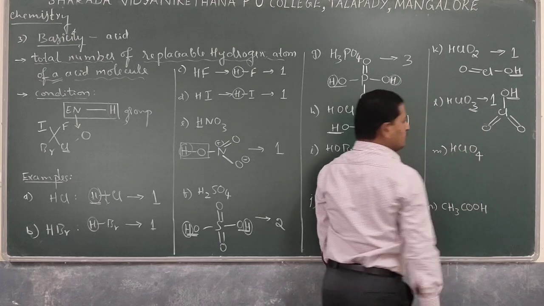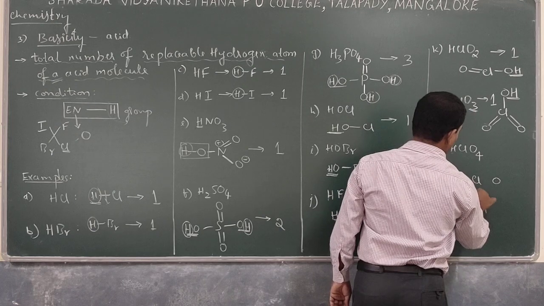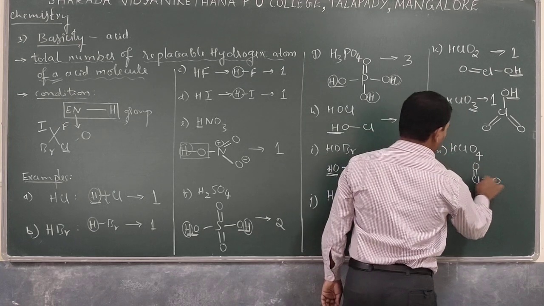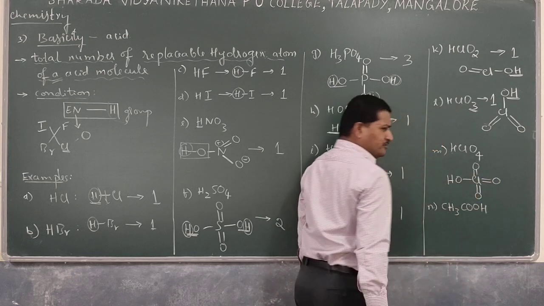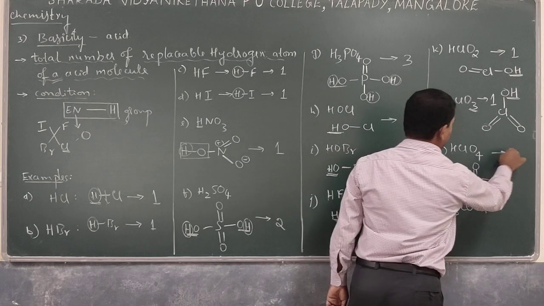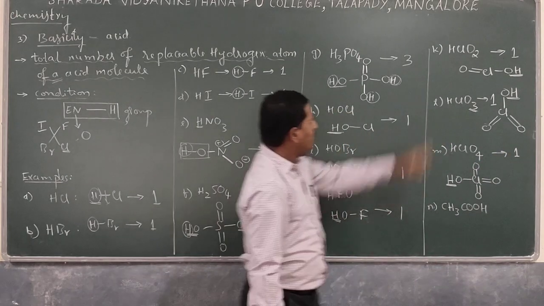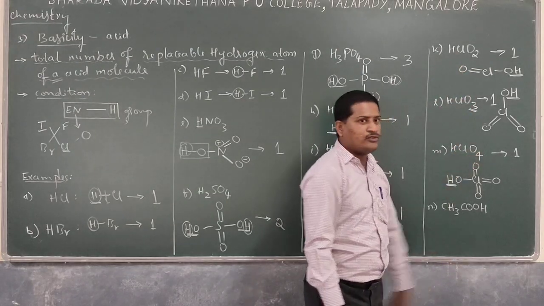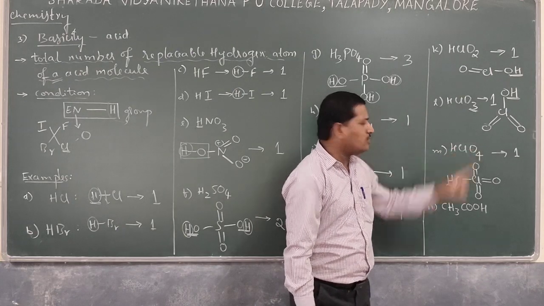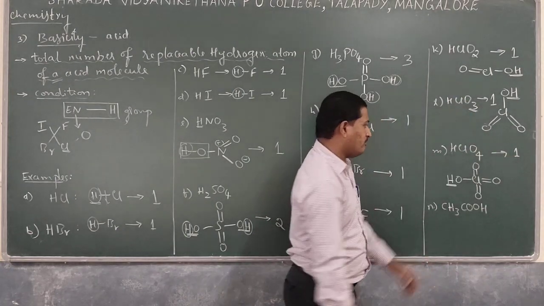And in HClO4, perchloric acid, there also chlorine with 4 oxygen atoms is there. In that, 1 oxygen carries hydrogen, and all the remaining oxygens have a double bond with the chlorine. Here also, the number of replaceable hydrogen atoms present is only 1. That means in HOCl, HClO2, HClO3, HClO4, even though the number of oxygens changes, the number of hydrogen-bonded oxygens is only 1. So all of those come under basicity 1.